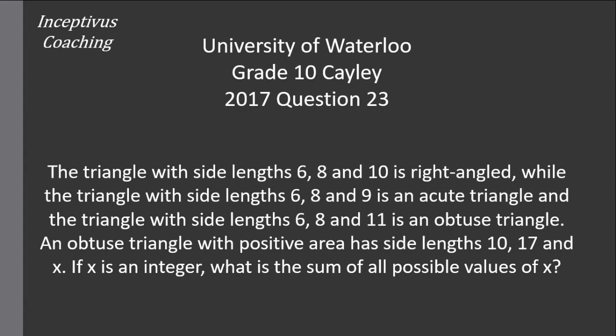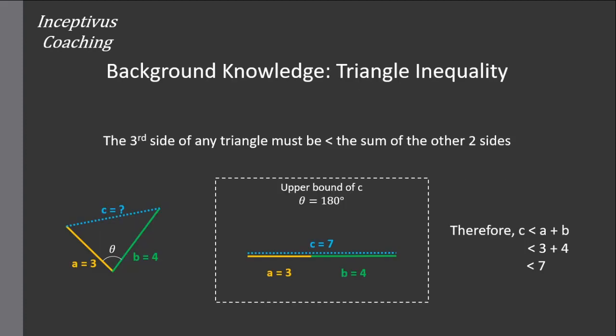An obtuse triangle with positive area has side lengths 10, 17, and x. If x is an integer, what is the sum of all possible values of x? Well, my first reaction to this question is that this requires some patience. But before we approach this question, we really need a solid understanding of trigonometry as well as a concept called